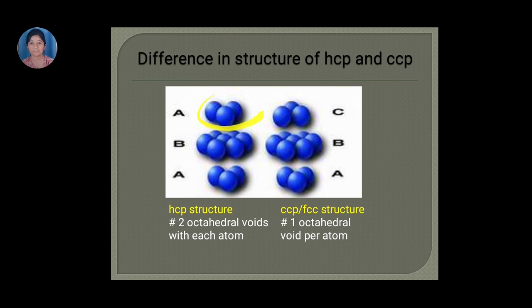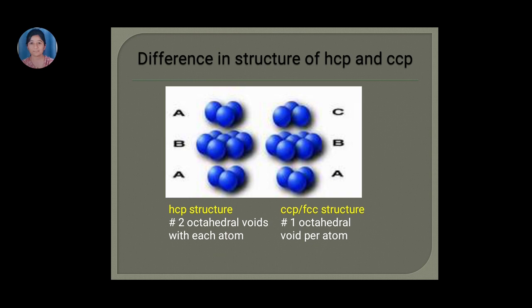So if you look at these 3 atoms in each of the AA layers, we can see the pattern here. Among this triangular arrangement of the 3 atoms, 1 atom is heading towards us and 2 atoms are heading away from us. Same is the case in this layer. Yes, so this is how these stackings are present in the HCP structure with 2 kinds of layer, AB, AB.